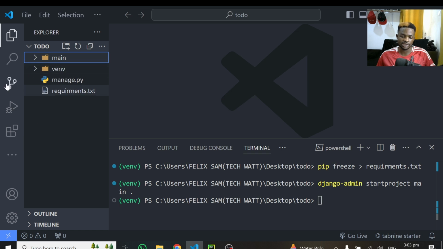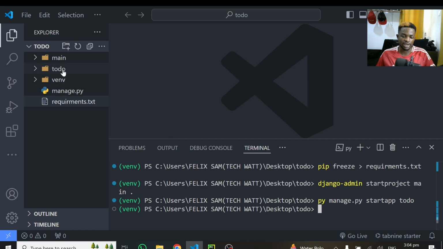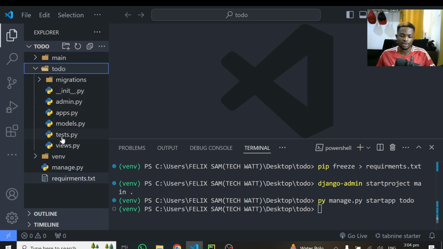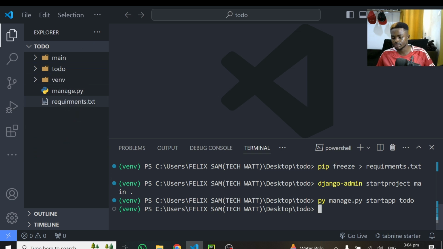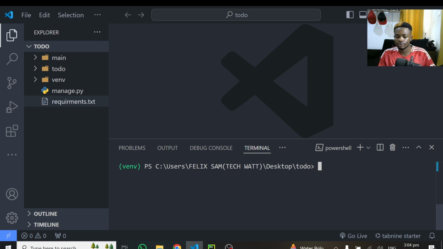And before we even run this server to see what we've got, let's create an app. Okay, let's create our app we need. So remember I told you in the introduction that we are going to create a to-do list app. So let's start an app and we'll call this app todo. So for that, I'll also type, not django, I'll type python manage.py startapp, and I'll give this app a name called todo because we are going to create a to-do list app. I'll hit enter and this will create the app in the same directory. So you can see we have a todo app here, and inside todo we also have some Python files. So I'll close this app here, and now let me clear the terminal and run the server